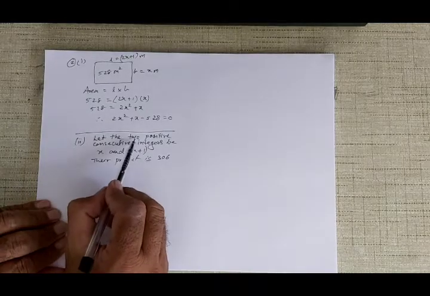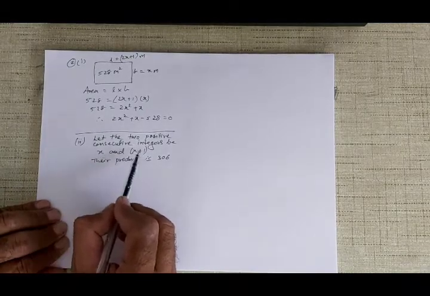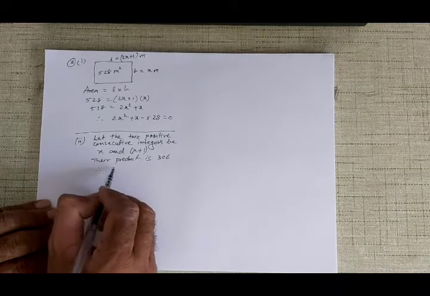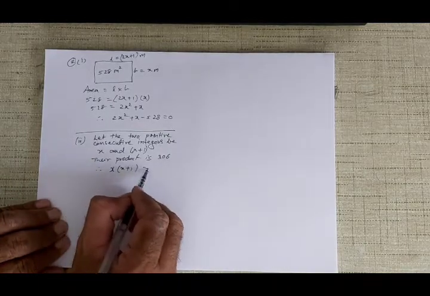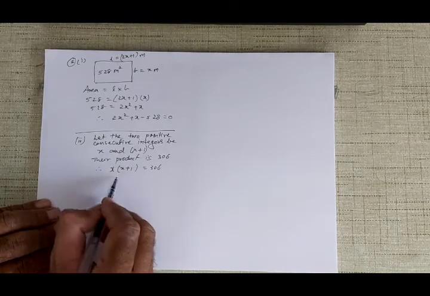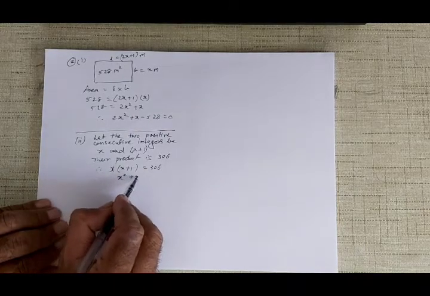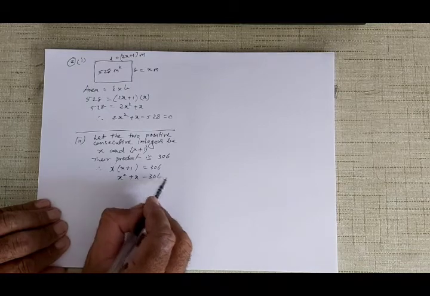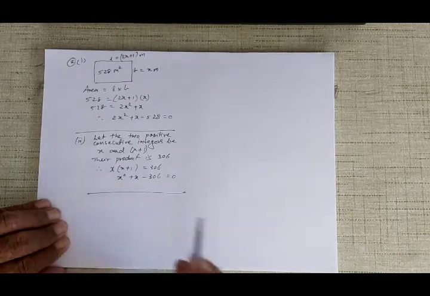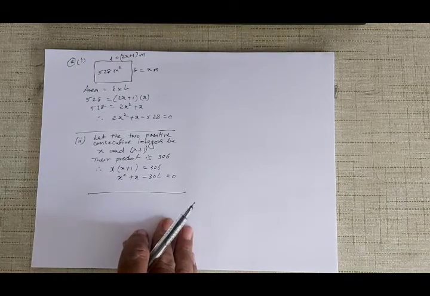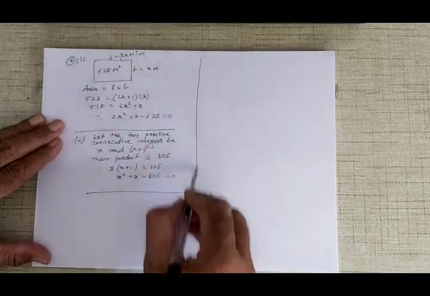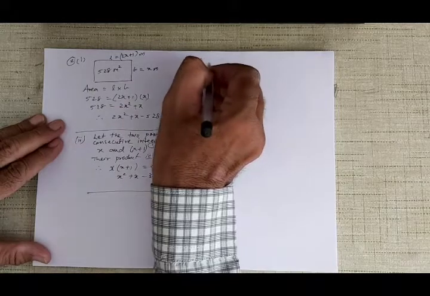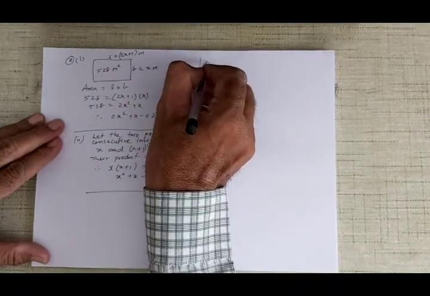Alright, so let us suppose that the first number is x, the second number is x plus 1, and that product, that is x into x plus 1, is given as 306. Simplify this, x square plus x minus 306 is equal to 0. Again we get a quadratic equation out here. Again if we solve it, we can get the two numbers x and x plus 1. Let us take a third one out here.